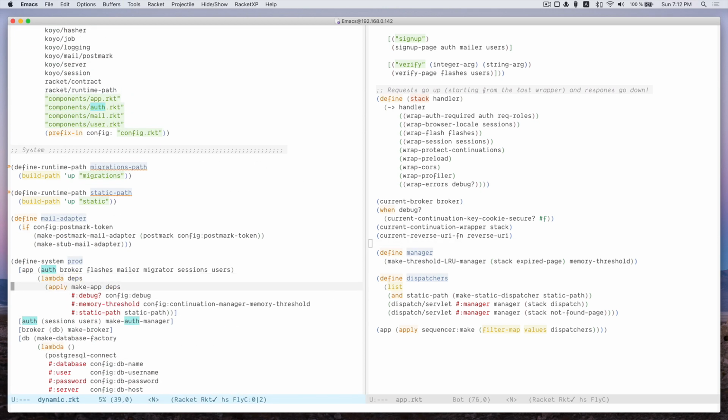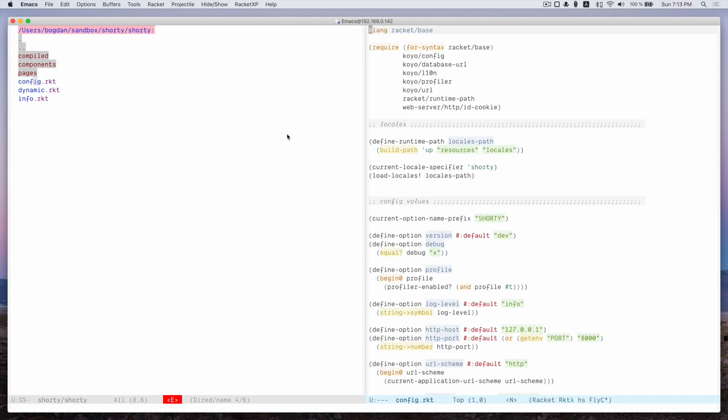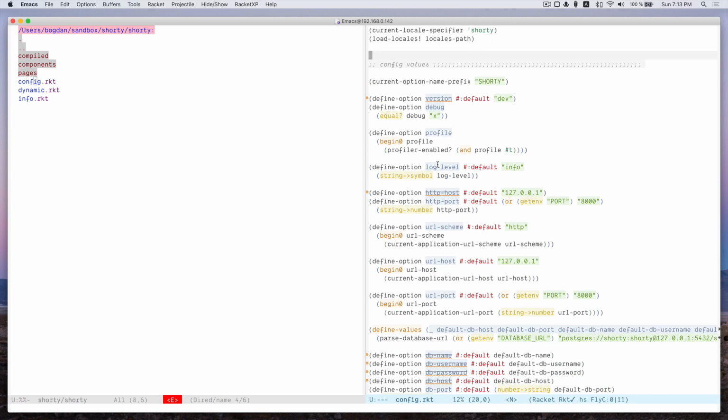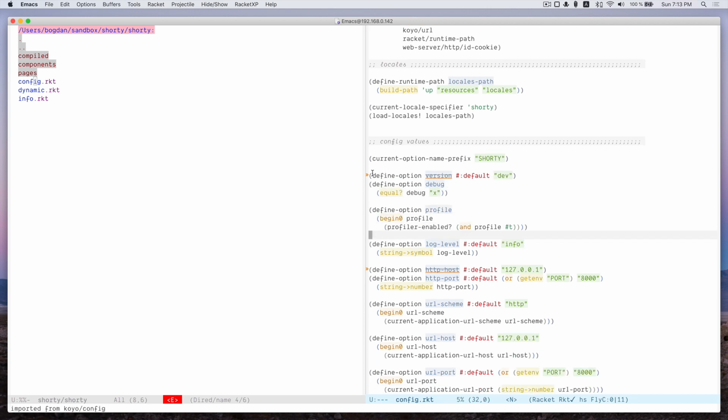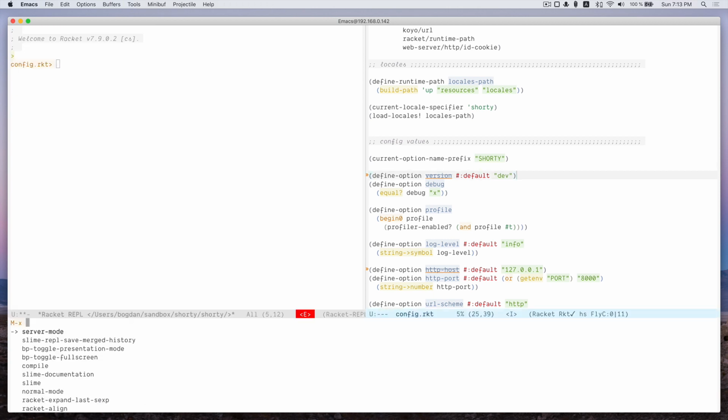And another thing I haven't mentioned is the configuration module. And the way the configuration module works is it uses a small DSL for defining configuration options, this define option thing. And the way this works is you give it an identifier, an optional default value, and an optional body to process that value. And what it does is when it gets loaded, actually we might be able to just see this here if I expand